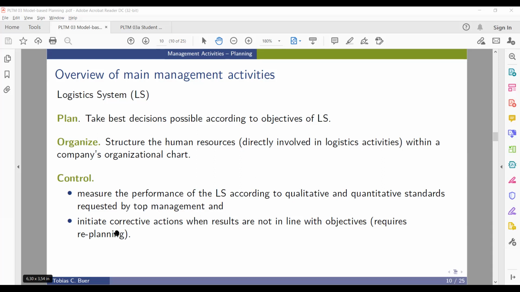Let me check the chat messages. Yes, here's one message about identifying the alternatives. This is what you do for the planning. You think about what is your goal, what are possible alternatives, and then you evaluate each alternative. What are the pros, what are the cons? And after you're done with this, you can take the decision. That's correct, Yahweh.